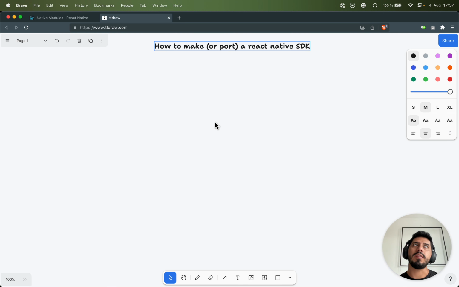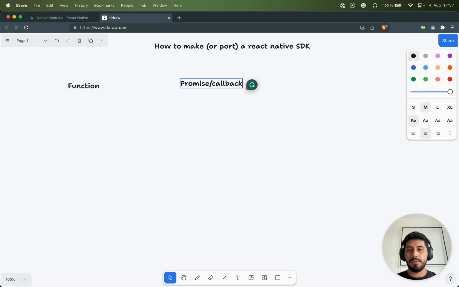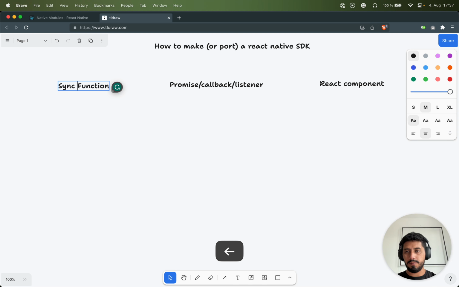But sometimes you might not even need that, right? So let's say there are three ways where you can expose your API. The first one would be expose function. The second would be promise or callback. Let's call this a listener as well. And finally, a React component. So each one of these has, let's say, a more specific use case. Let's call this a sync function just to make it more clear. Right, so a sync function,